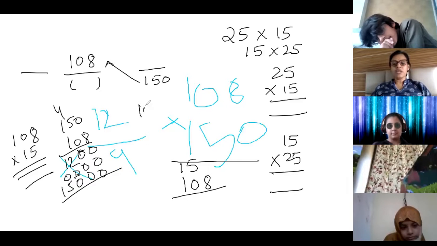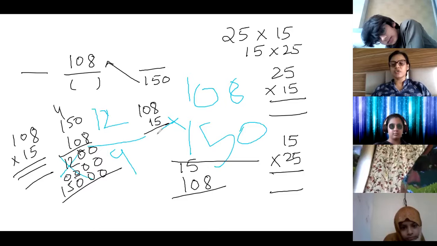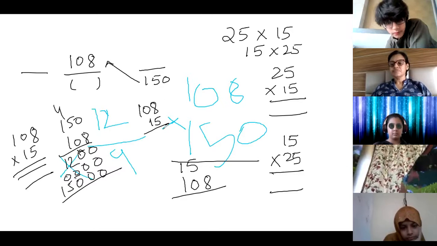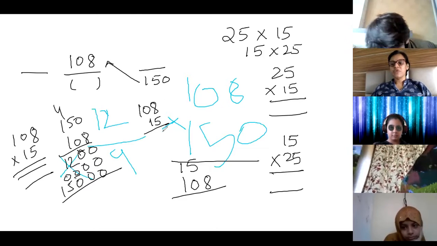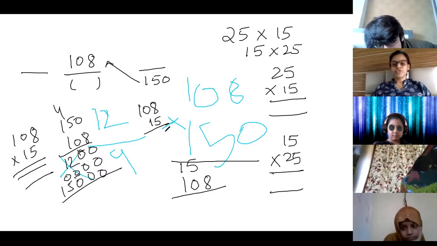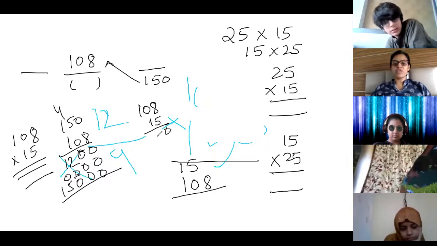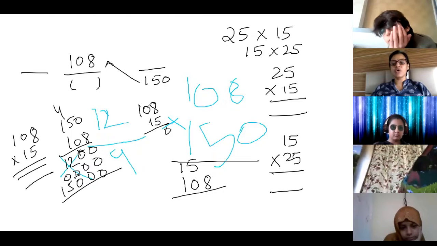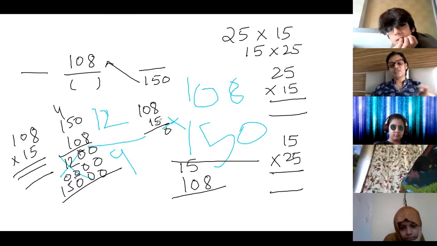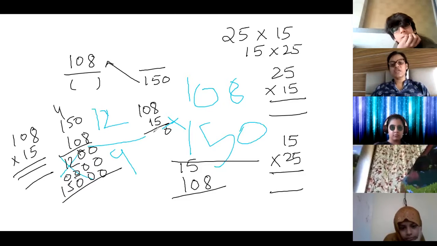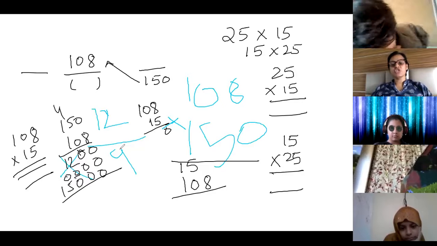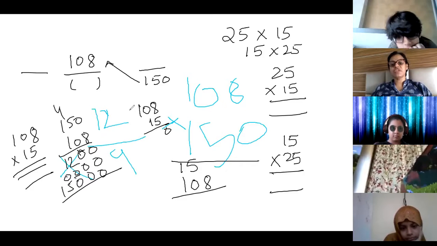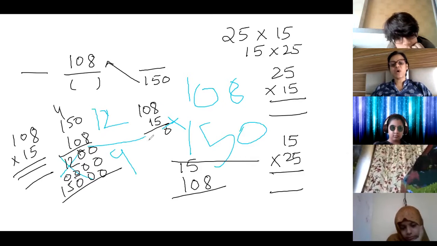And if you multiply 108 by 15, 15 8 जा कितना होता है? सीधा करो. 15 8 जा 120. So 0 हो गया, carry 12 हो गया, 2. So you will write 15 zeros are 0 plus 12. So यहाँ पे you will write the same answer you should get over here also. And then 15 ones are 15 plus 1, 16.